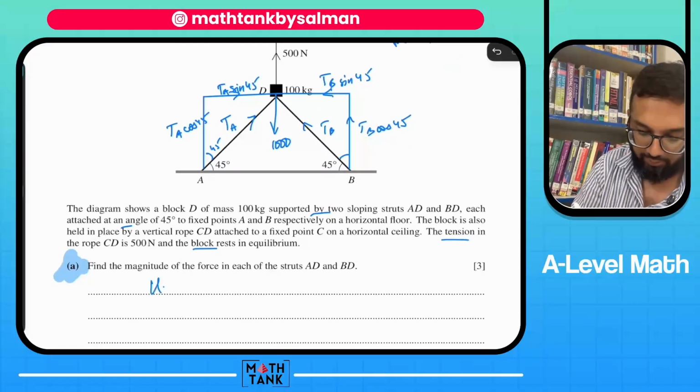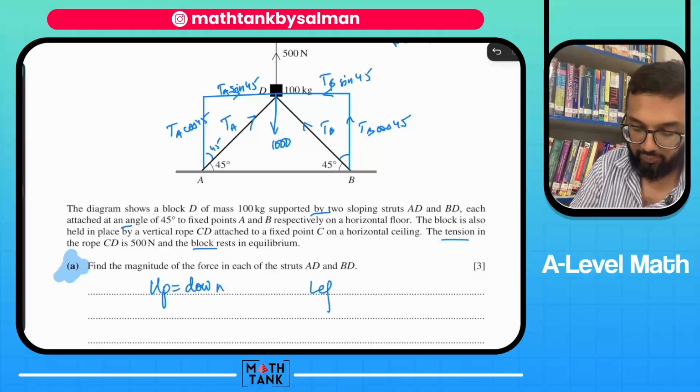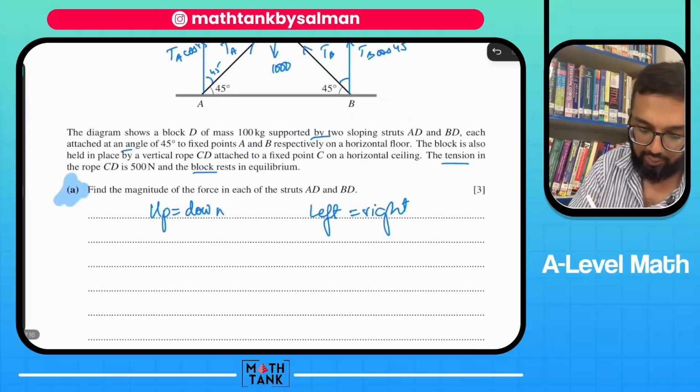Okay, so up equals down and left equals right. Up is 500,